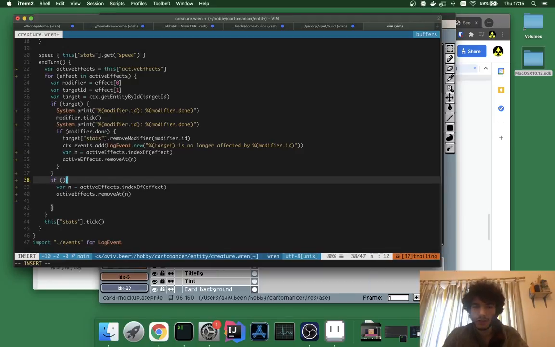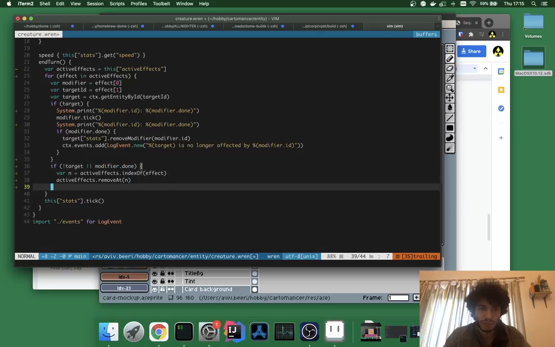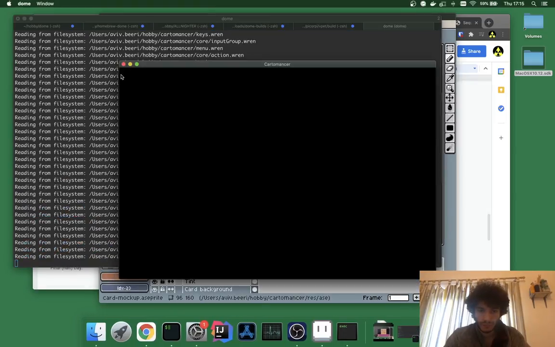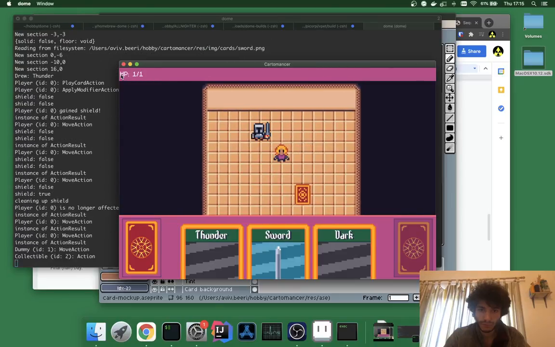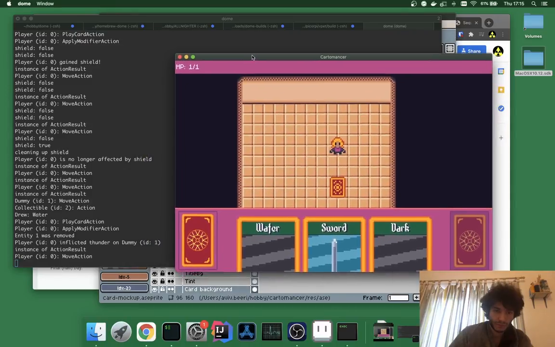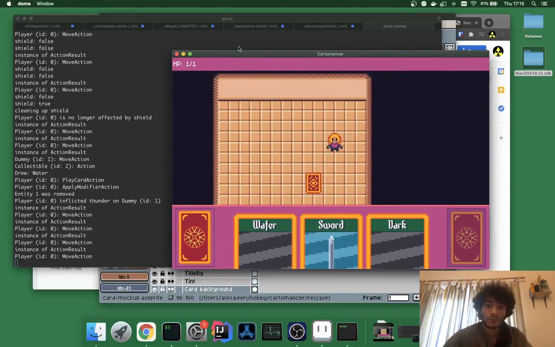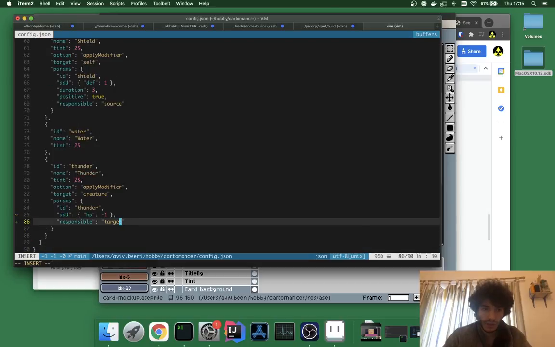Let's just be explicit about the conditions for this, and then we get both ways. So if there's no target, or the modifier is done, please remove this. Cleaning up, modify that ID. Let's just go into the config. The only thing that's missing now,